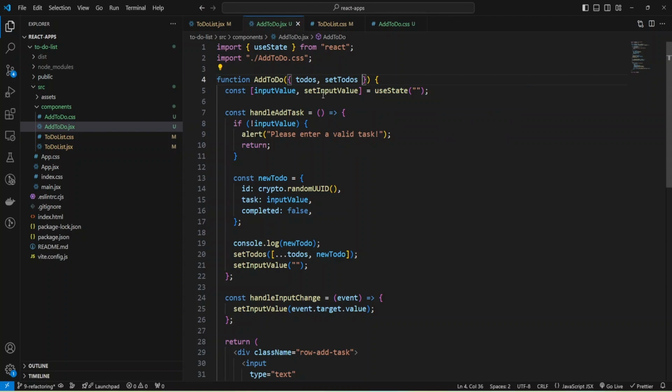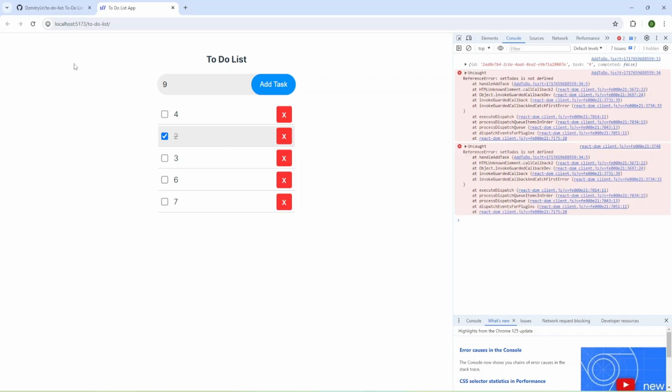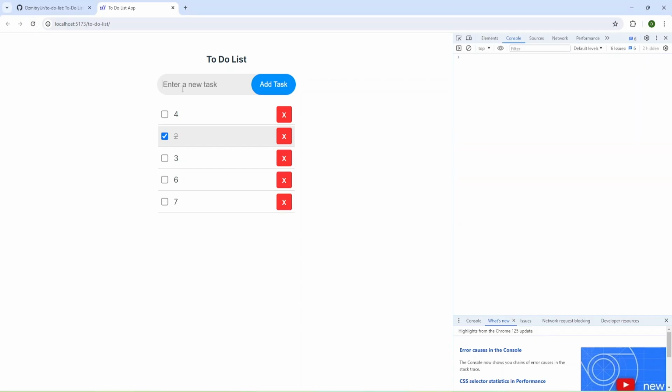Okay, we have our todos and the function to modify state in our props, and let's check again. I'm going to refresh and add a new task, and as you can see, the task was added.